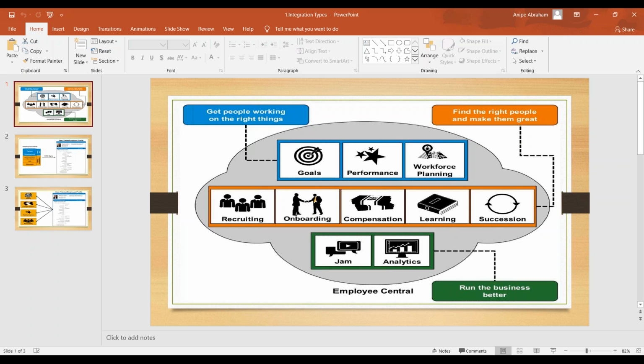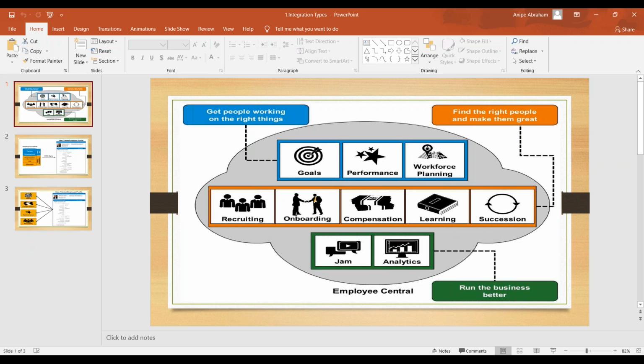Internal integrations means integrating Employee Central with other SuccessFactors products. How are you going to integrate your Employee Central system with other SuccessFactors products? That comes under the internal integrations, and I'll tell you which tool we have to use for the internal integrations.